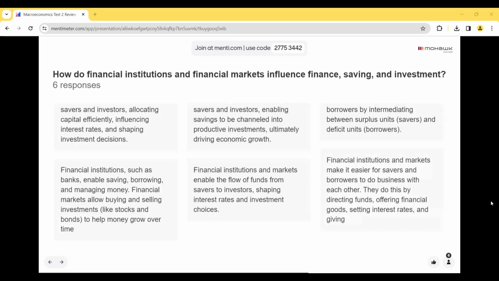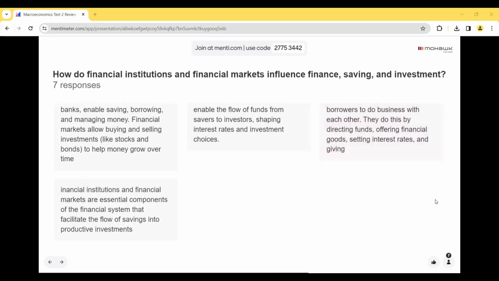Financial institutions and markets make it easier for savers and borrowers to do business with each other. They do this through directing funds, offering financial goods, and setting interest rates. Financial institutions and financial markets are essential components of the financial system that facilitate the flow of savings to